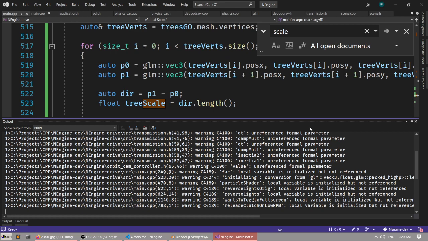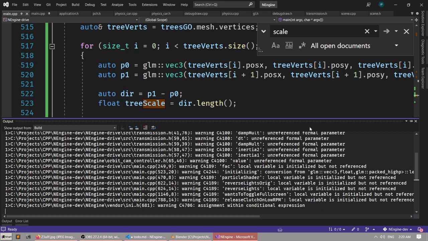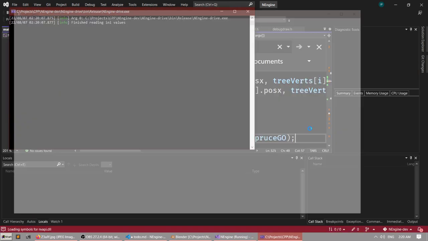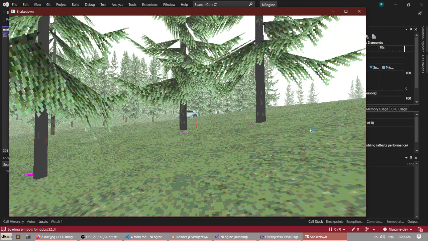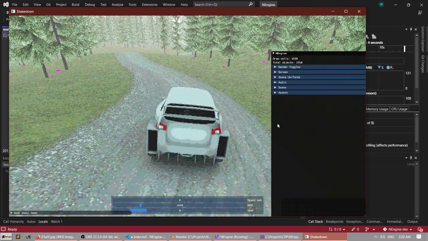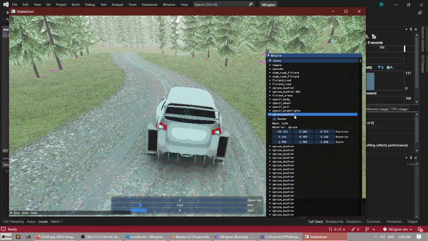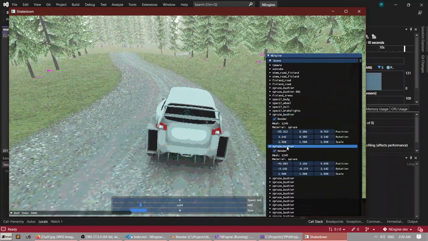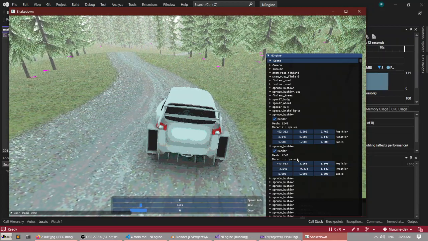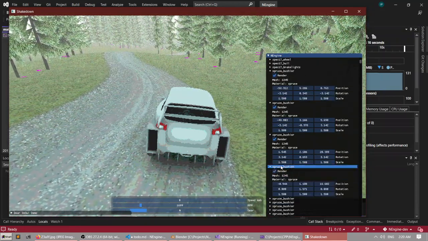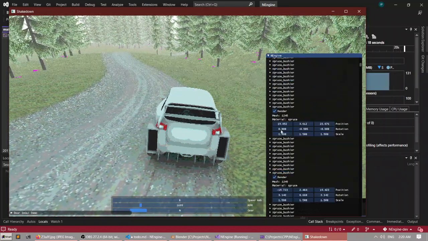So are the rotations actually randomized? You scale after the 4. I don't know what you mean by that. So let's see if the rotations are actually randomized. They are, okay. So the rotations are randomized, but the scale